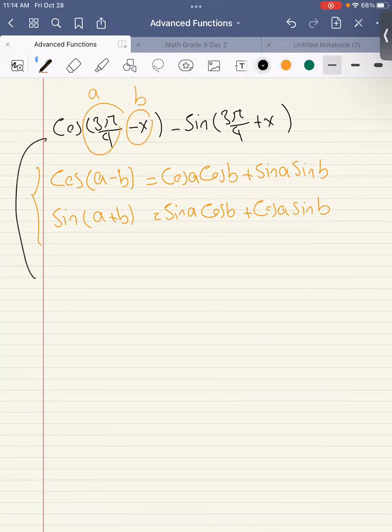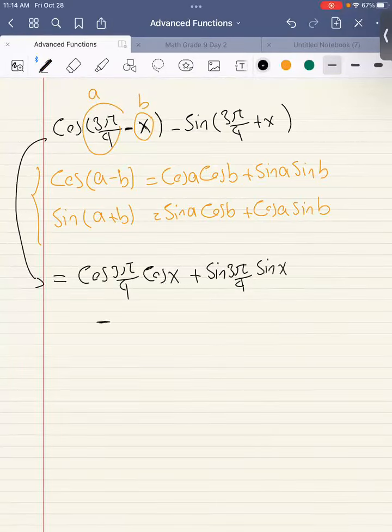So this guy is equal to cosine of 3 pi over 4 times cosine of x plus sine of 3 pi over 4 times sine of x,